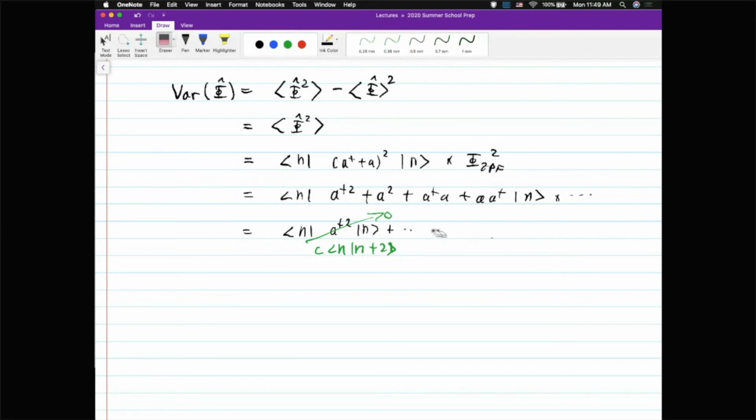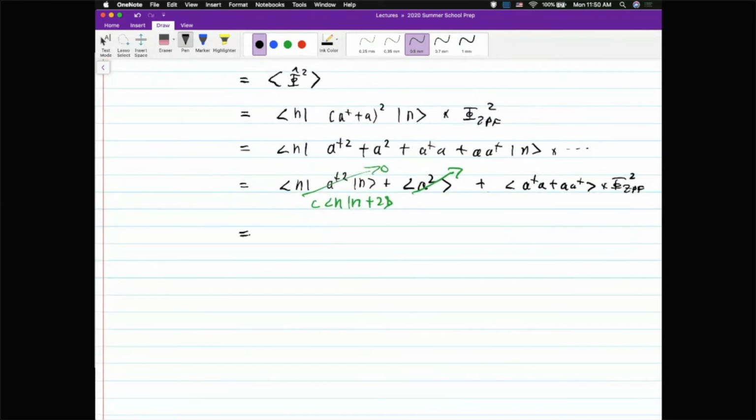Then the next term, which is a squared expectation value, will likewise be 0 since we have to hop. And then the next two terms are the ones that will not be 0, and these are the a dagger a plus a a dagger expectation value, and then times again phi ZPF squared. So coming onto the next line, and let me maybe move the phi ZPF to the front to make it a little bit neater, we have phi ZPF squared times the expectation value now of a dagger a plus a a dagger,